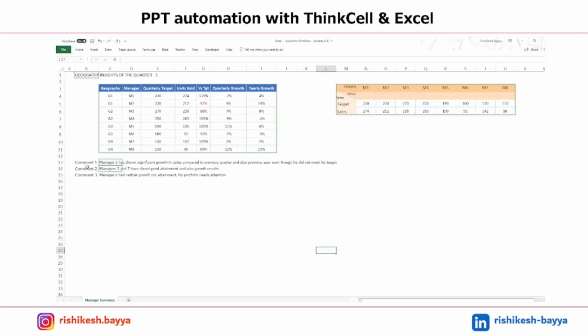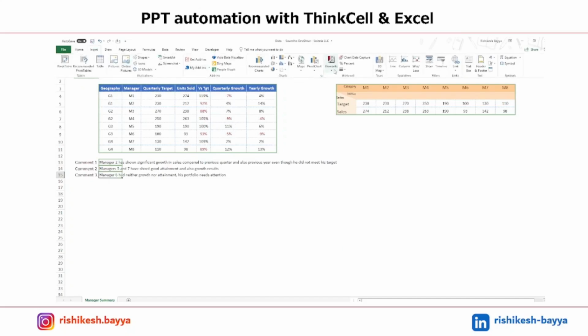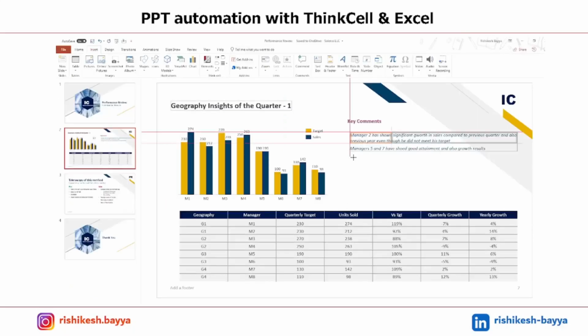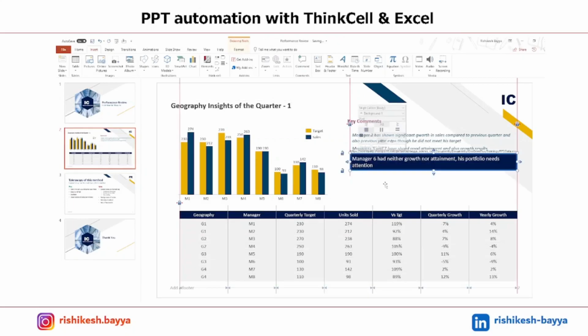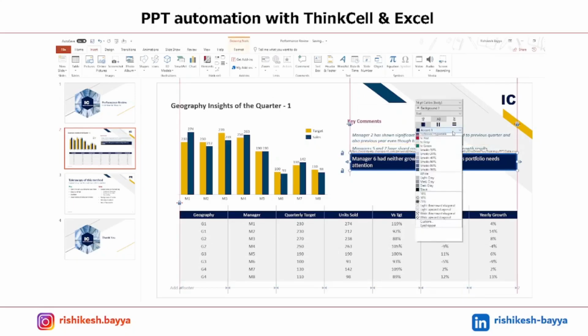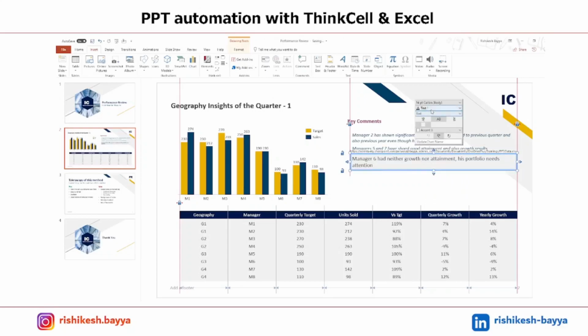So now that we have two comments already there in the slide, let's try to see how we can automate the third comment to be populated there. So I'm going to insert here. There is elements here, and either you can do a table, right? You can do a table and put it here, right? So this is one way of doing it, and then you can select this, and you can also format as per your requirement, right? So accent is the background of it. Let's put 3, and you can also use text everything here, right?